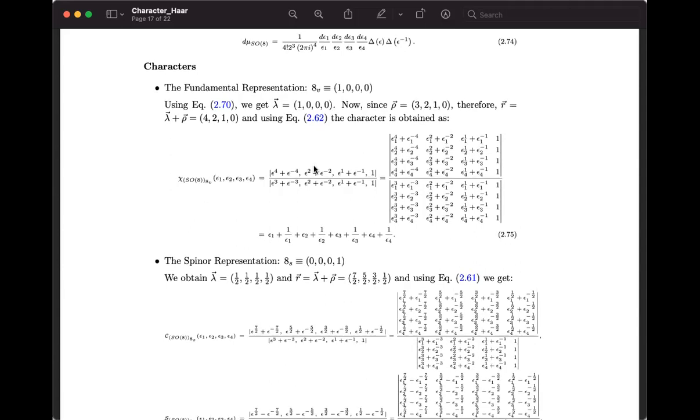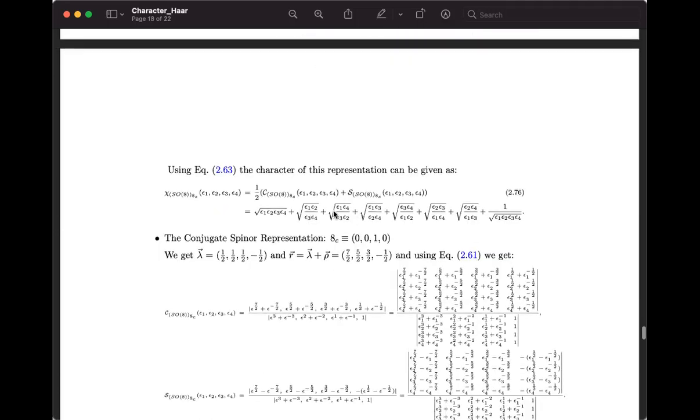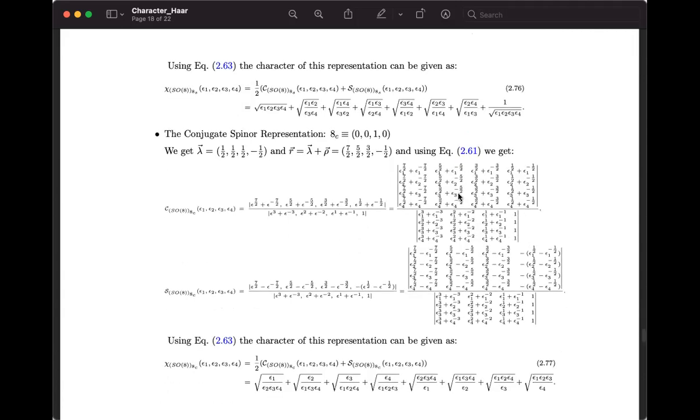As I mentioned earlier, if lambda n equals 0, then the character would be just defined by the C function. So that's why we calculate the C function here, and that is the character of the representation. But here, because lambda n is not equal to 0, we have to calculate the C function as well as the S function of the characters, and separately calculate C and S in this particular way. Once we do that, the character would be the average of that, and that's what is given in this particular form.